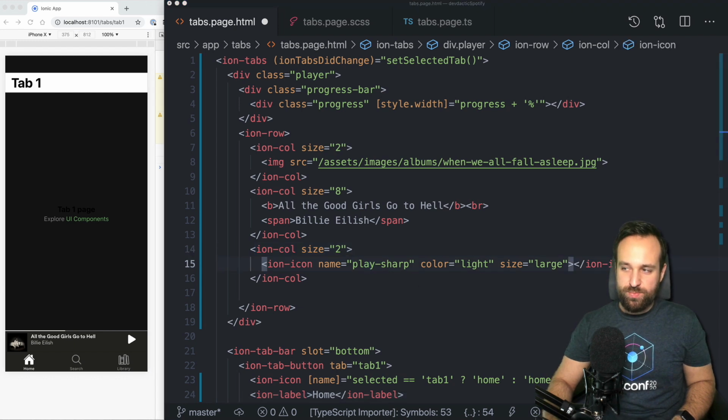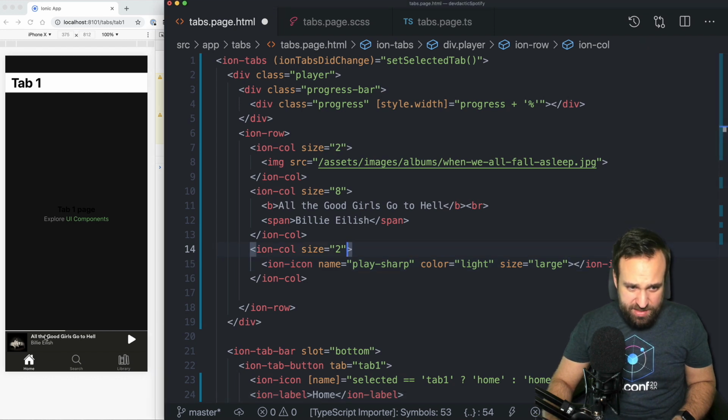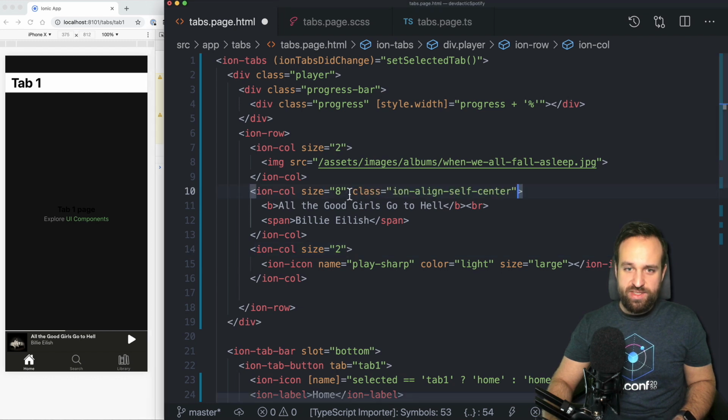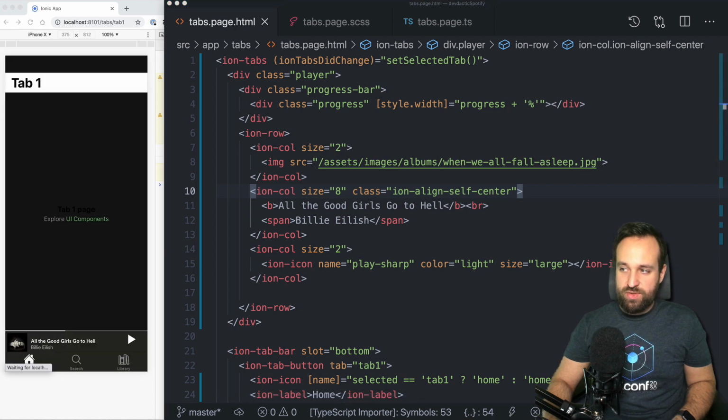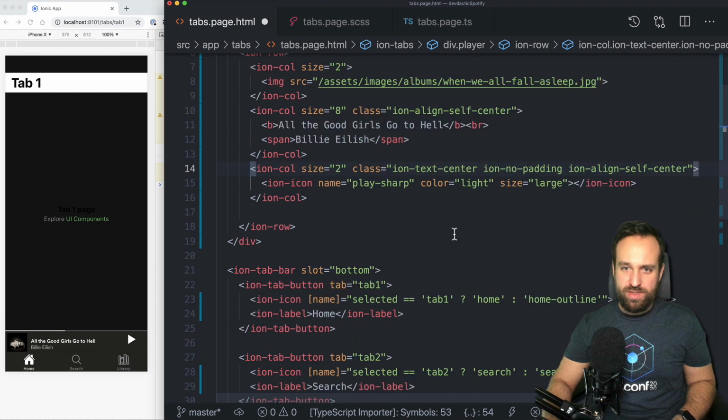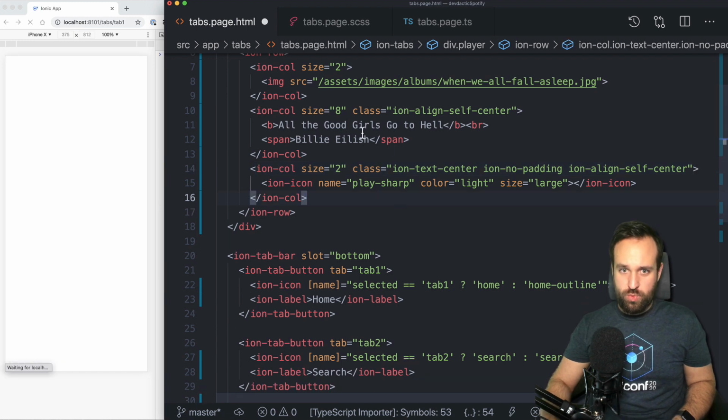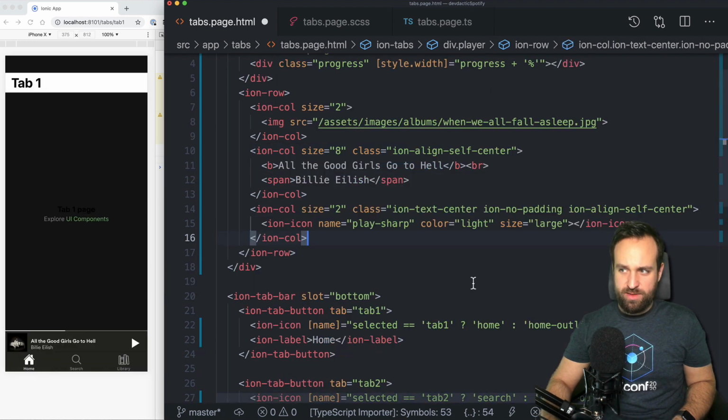Now, if you also want to position things a bit better, let's say we see the text isn't really centered. In those cases, we can directly apply this to the Ion column, like Ion align self-center. And also our icon should be in the center. It isn't really in the center. So we're gonna pass to the column also Ion text center, Ion no padding. Should we use no padding in the middle as well? No, I don't think so. But